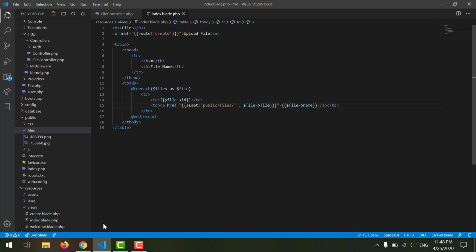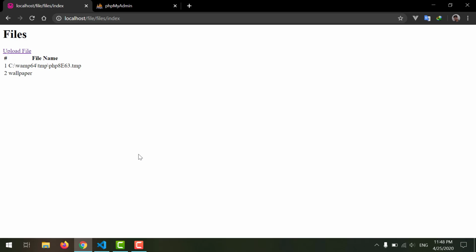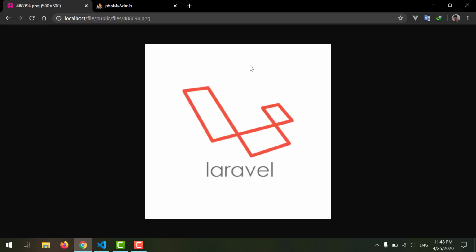Save it. Now let's go to our browser and see how it looks. As you can see, if we hover the mouse on it, at the bottom you can see that it goes to public files and the name of the file, and another also. If we click on it, it opens our file,